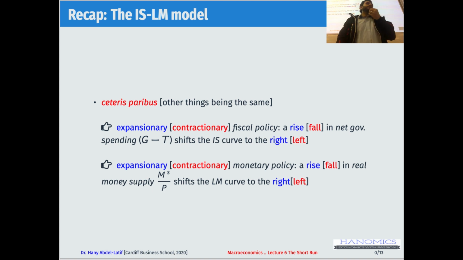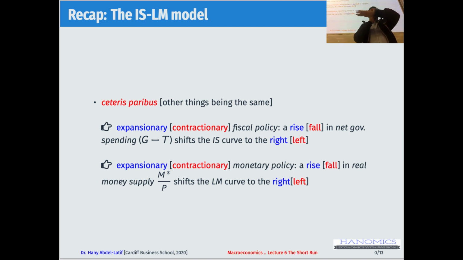So if we have an expansionary monetary policy, that means a rise in real money supply, and that will shift the LM curve to the right. The other case, if we have a contractionary monetary policy, that means a fall in real money supply, and that would shift the LM curve to the left. Obviously, I'm talking here about an upward sloping curve, but if we have